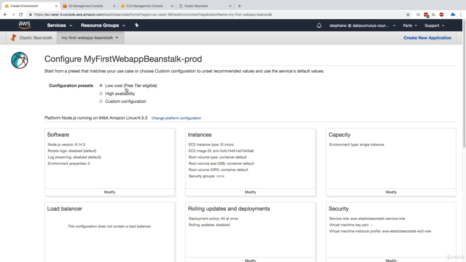So far, we have set up our previous environment in low cost. We actually didn't enable or select it, but this is what happened: we set up our old environment in low cost because it was feature eligible. But I want to set up my next one in high availability. Now, you don't have to do it on your end because it may cost you some money, but I want to show you how it works so you get a good idea of how Elastic Beanstalk works. So I will choose high availability, and let's see what changes.